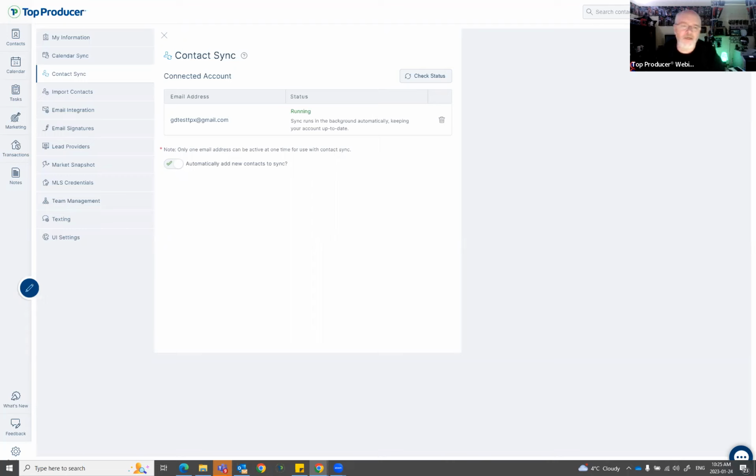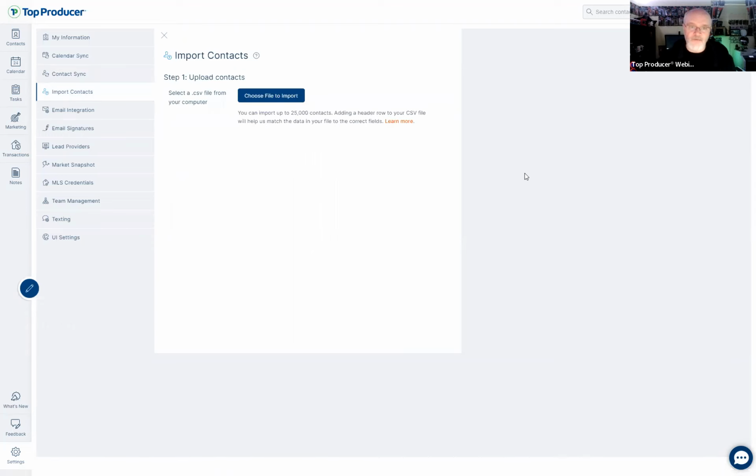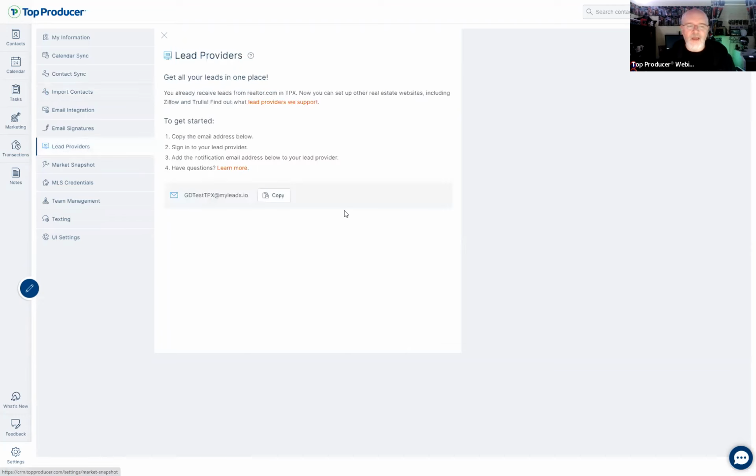So really, really good idea: always, if you're going to do an import of a CSV file, do it first. And do keep it around 25,000 contacts. It is best to try not to import more than that at one time because it does take a while to import the contacts.